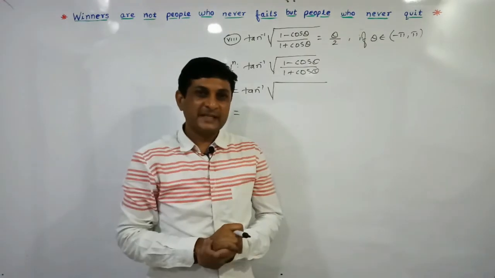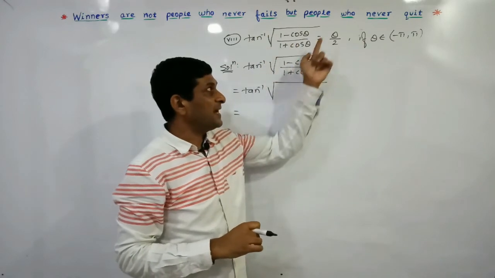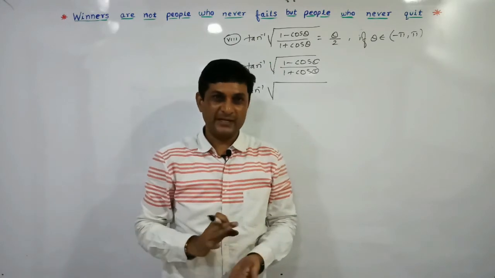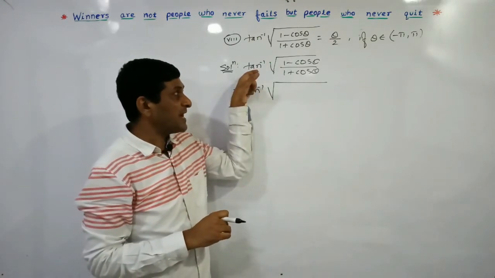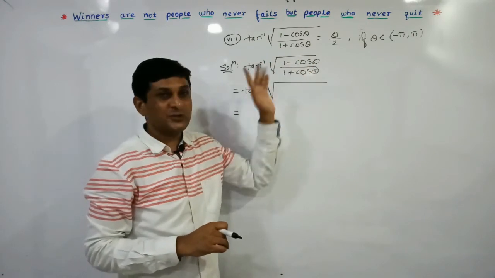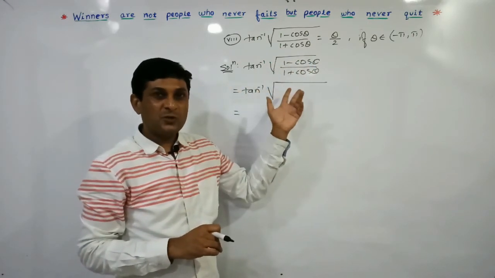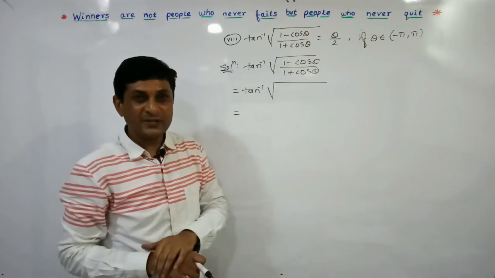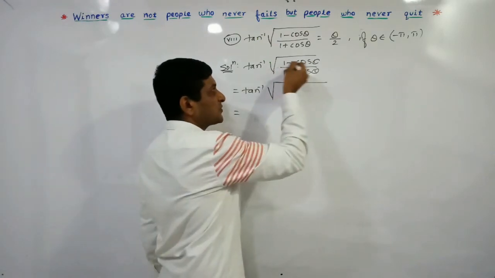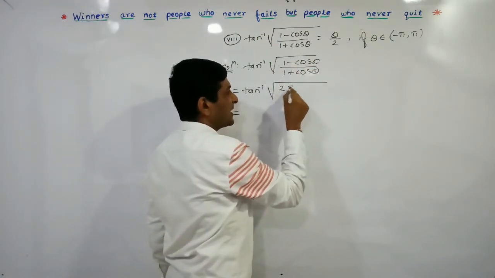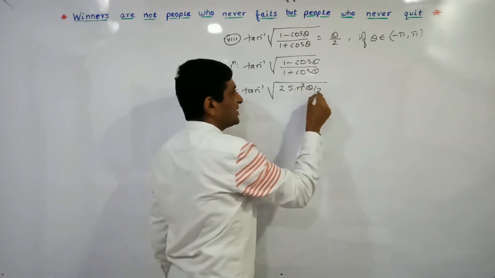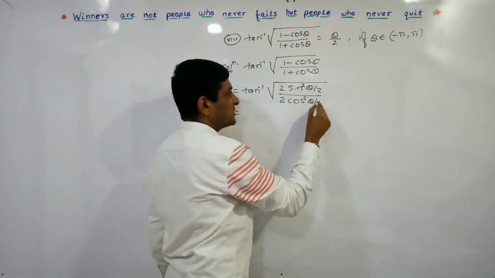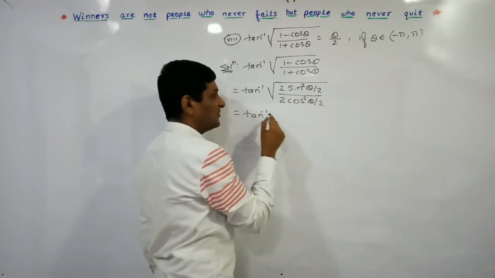So using the left hand side, we have shown that its value is equal to the right hand side. In the next example, let us consider this left hand side, and simplifying it, we will try to show that its value is equal to theta by 2, that is the right hand side. Here also we can observe that tan inverse is there and one trigonometric expression appears. If we are able to convert it in terms of tan, then tan inverse and tan will get cancelled according to our property. So 1 minus cos theta, according to the half angle formula, can be replaced by 2 sine square theta by 2, and 1 plus cos theta can be replaced by 2 cos square theta by 2. Just simply we are applying half angle formulas.